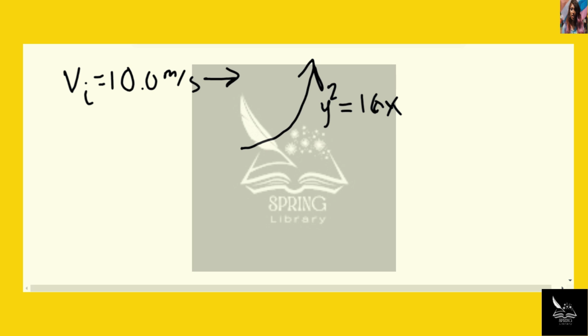Okay, so x is going to equal v initial t. That's it. Y is going to equal